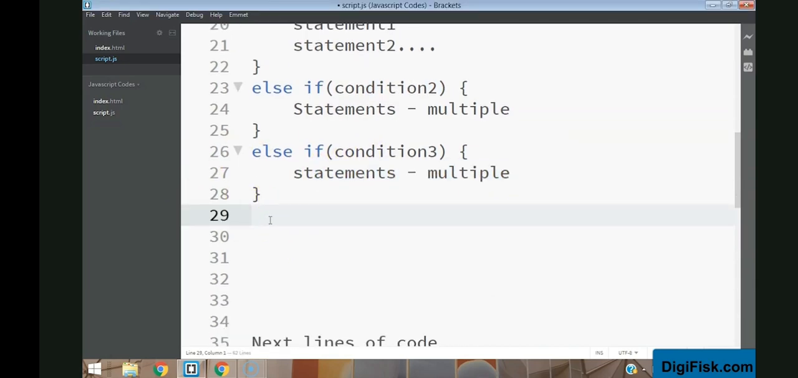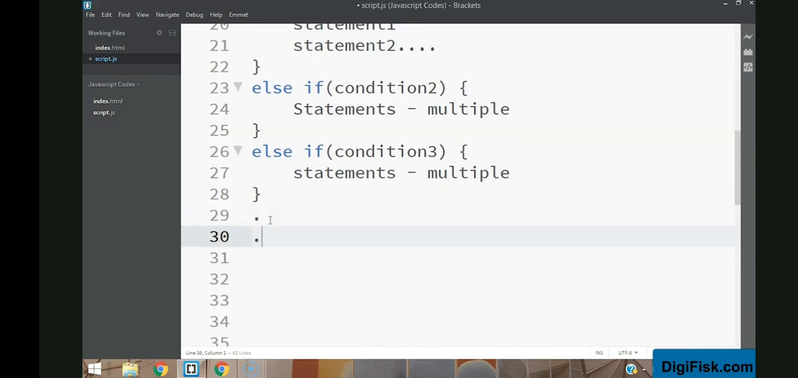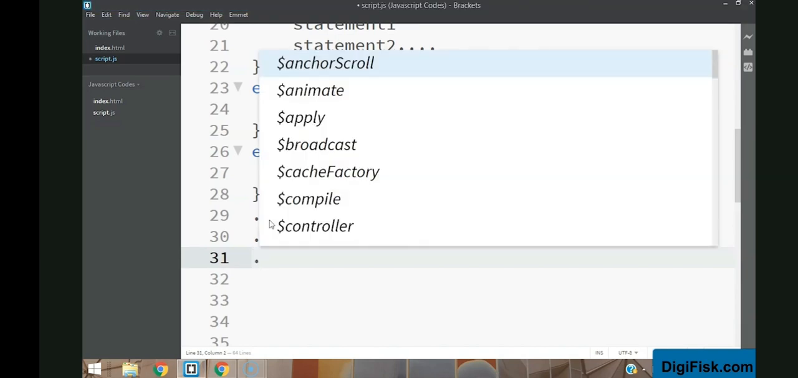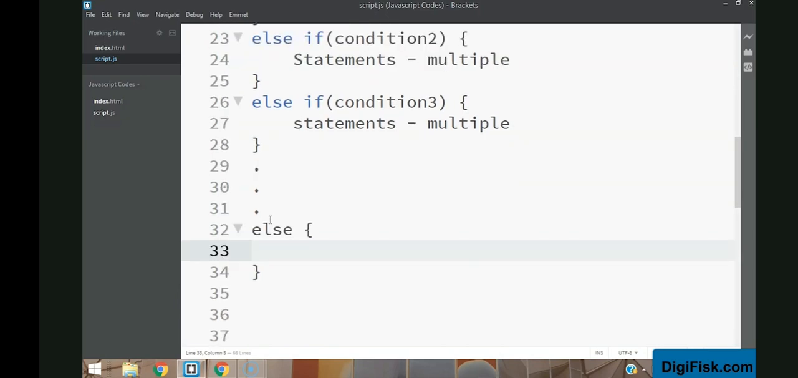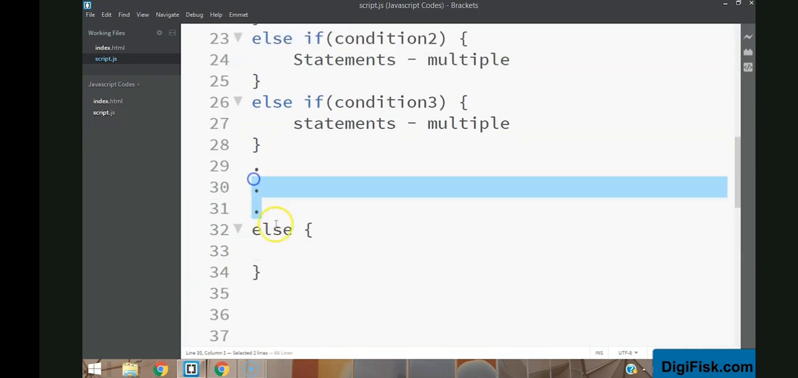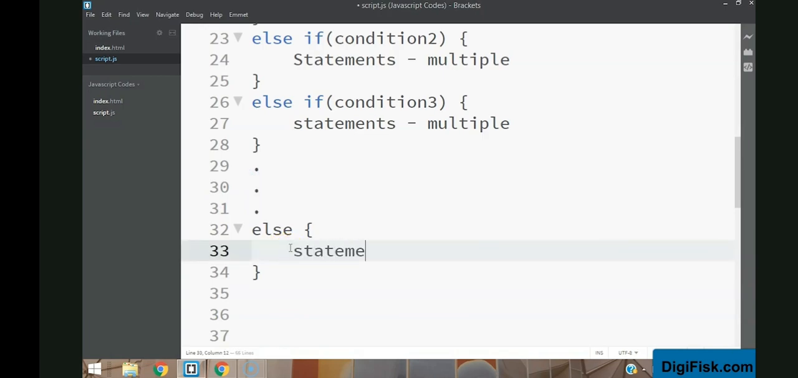If not, it'll keep moving on to the next else if, and it'll keep moving on like that. Okay, and after that, finally, it's going to come to your else statement like this, right? So it's going to come to the else statement, and you're also going to get a couple of statements, multiple statements,